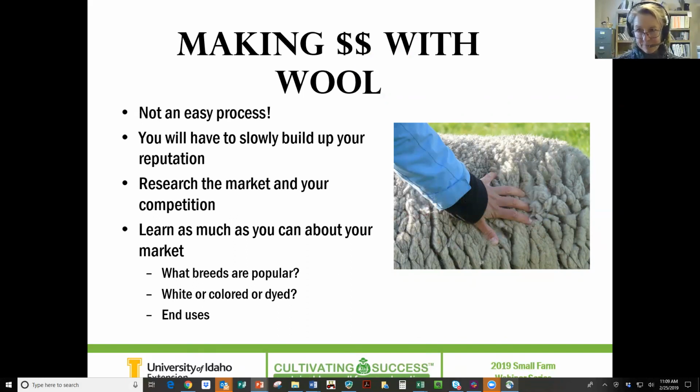I raised fiber producing sheep for about 25 years, and of course I had too much fleece on my hands and needed to market it. I remember going to my first fiber show, and everybody had all these beautiful booths, and I was hauling up these dirty old fleeces in plastic bags and plopped them down around my table and wondered why they didn't sell. So you just have to start learning, and I am a spinner.